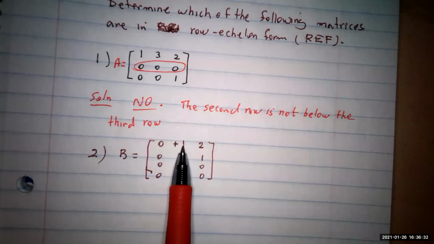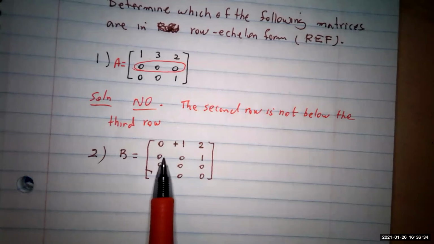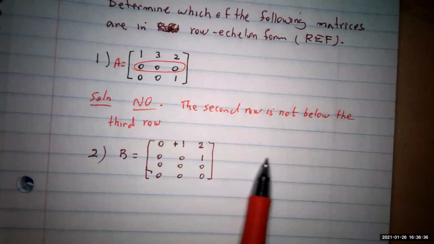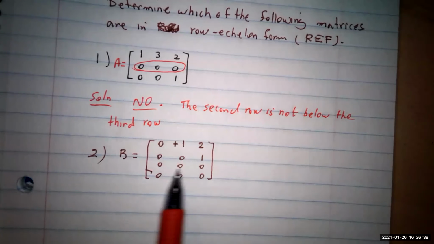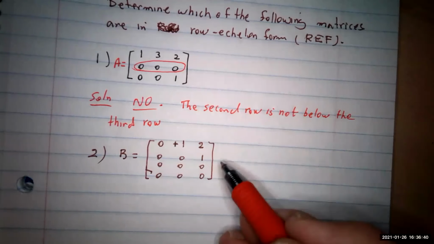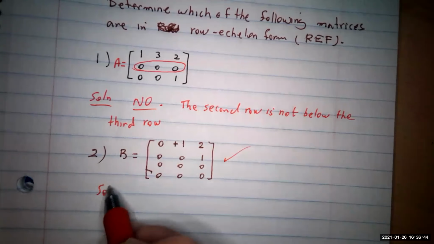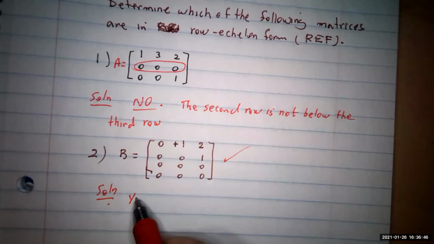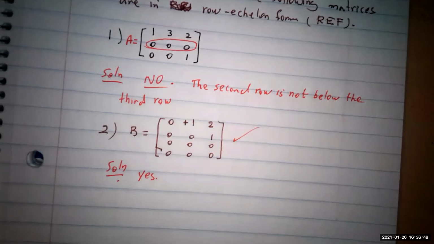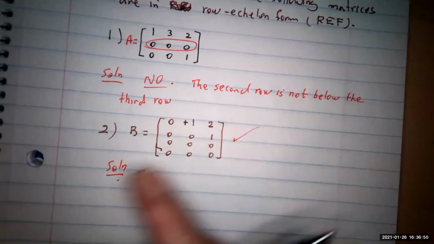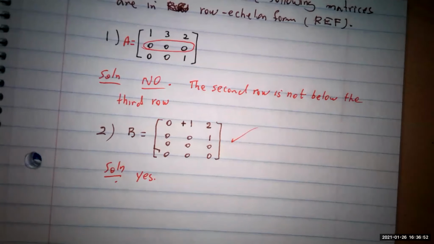We get the non-zero number here. So the next one, the non-zero number is further to the right, and everything else is 0. So this is correct. Okay, so the solution is going to be yes. The entries with 0, 0, 0 on the bottom, and for the other one, the order is satisfied. Okay, getting another one,